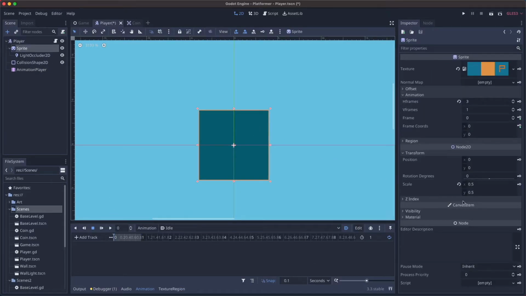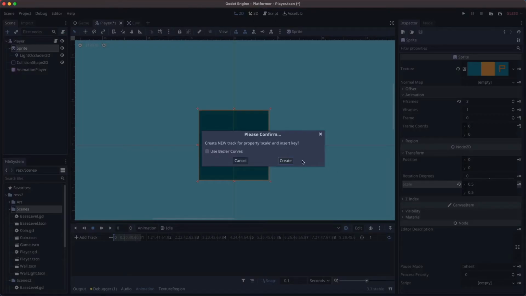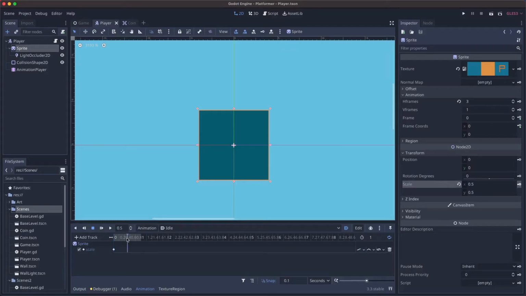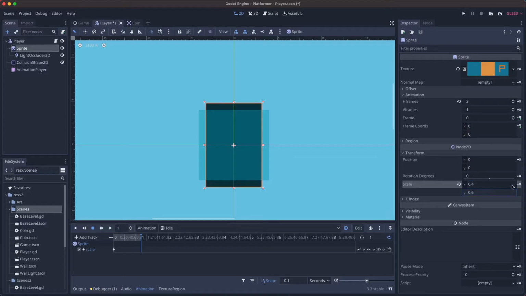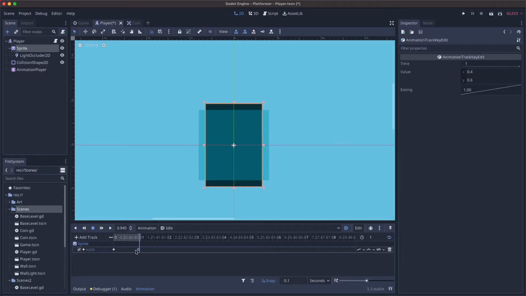So we're just gonna be taking the scale of the sprite, like over a second. Let's go in and try something like, make it maybe a little bit thinner and a little bit higher, see how that looks. Let's try playing that, see how that looks. That doesn't look that great. Maybe move this